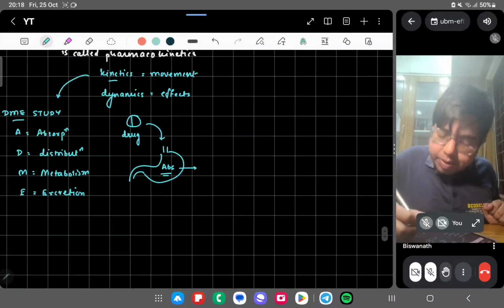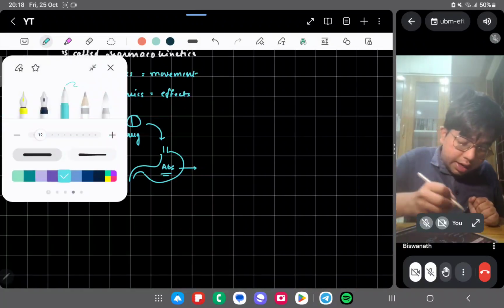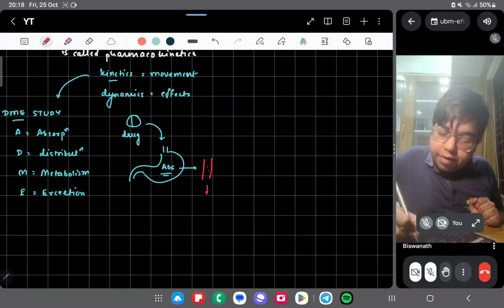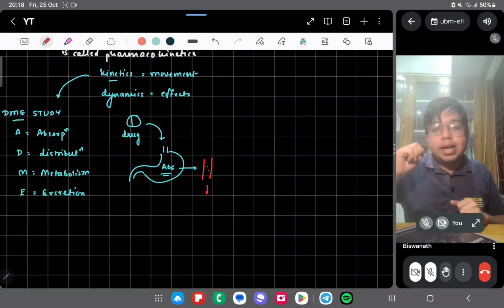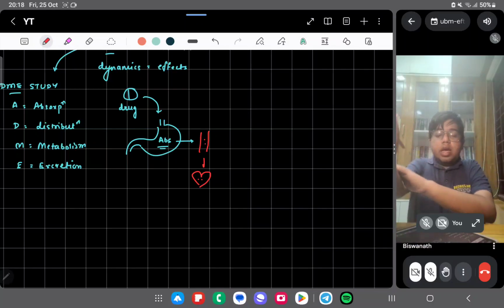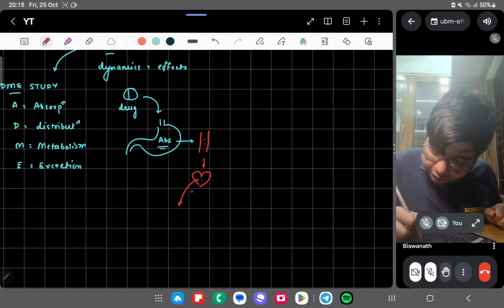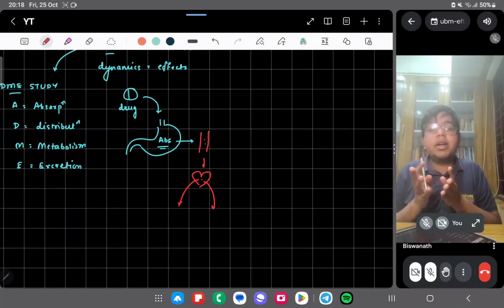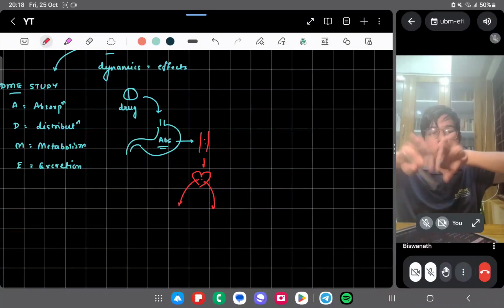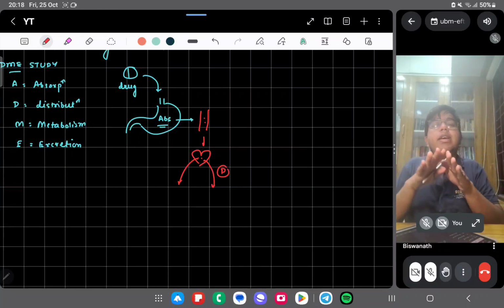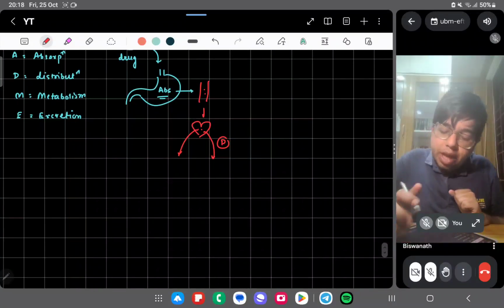And from the stomach it went to the blood vessel. Let me draw the blood vessel in red. Via the blood vessel it enters the systemic circulation, that is, it moves to the heart. From the heart it goes via the ventricles, which pump blood. The drug is dissolved in the blood, so it moves like this, and this is called distribution. Basically the drug is being distributed and it goes to the